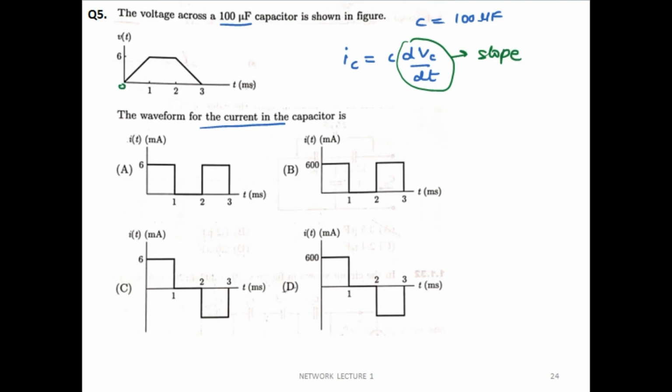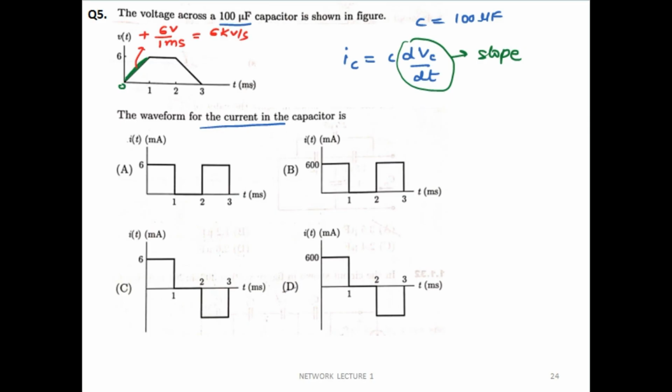So now from 0 to 1 we are having a rising function. Okay, so rising function का जो slope होगा it will be positive. Y axis पे कितना change है, 0 to 6, it means 6 volt का change है. And on the x axis change 0 to 1, that is 1 millisecond का है. थोड़ा units का भी हमें ध्यान रखना होगा. So change is 1 millisecond, so it will be equal to 6 kilovolt per second.